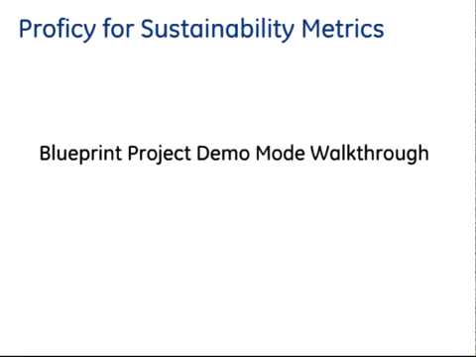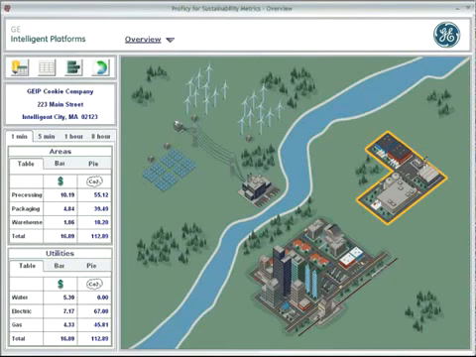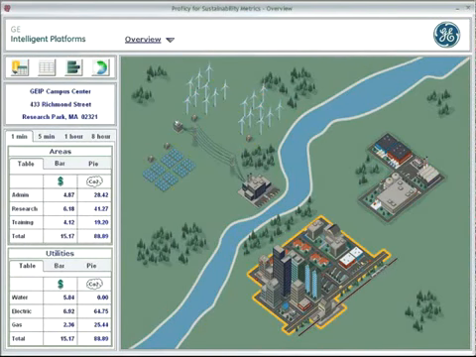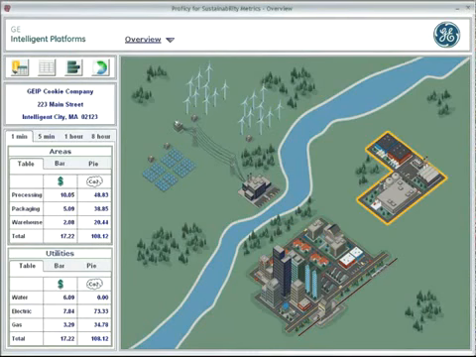We'll now run through an overview of the blueprint project with simulated data to give you a feel for the solution and how an end user would interact with the software. The blueprint project was built with a wide variety of inputs coming from industry experts and key customers. We focused on building a project that is widely usable across 3 key industries, with the overall objective of monitoring what matters. It starts at a high level and provides blueprints for an alternative energy site, a campus, and a manufacturing site, all of which have multiple levels of drill downs which go right down to the